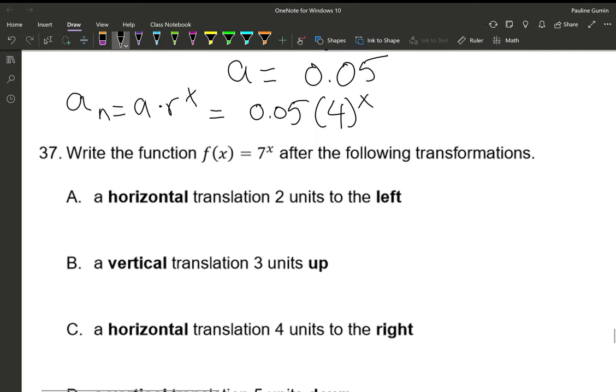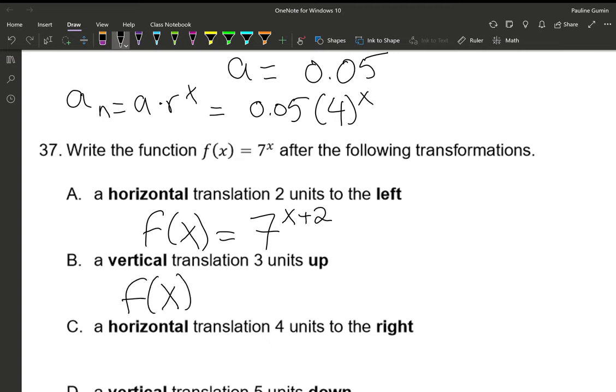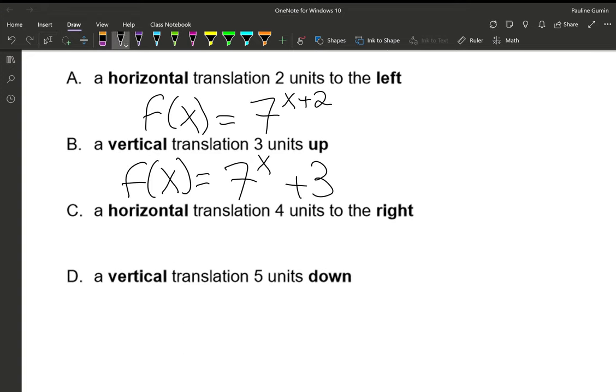Number 37, rewrite the function f of x equals 7 to the power of x with these transformations. All right, horizontal translation of 2 to the left. Now it's very weird, but left and right are opposites when we think about writing them in equations. So 2 to the left gets a plus 2 in the exponent. A vertical translation up 3 is a plus 3 outside of our function. Letter C, a horizontal translation 4 to the right